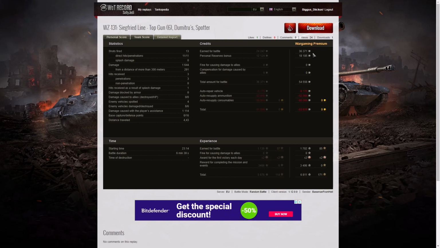On a premium count, he earned 36,371 credits, got 18,185 from personal reserves, total of 54,556 credits, but he did use a fair amount of heat in this battle